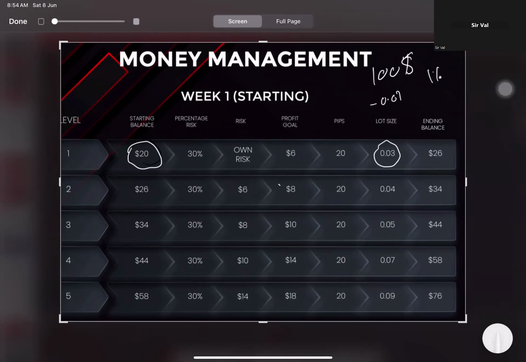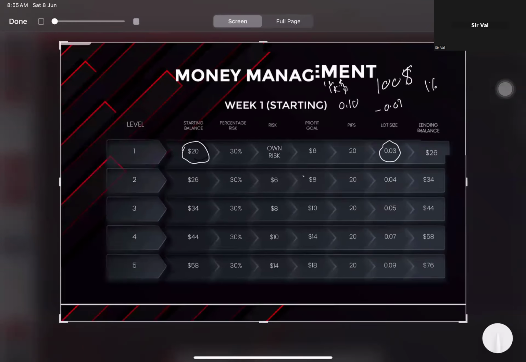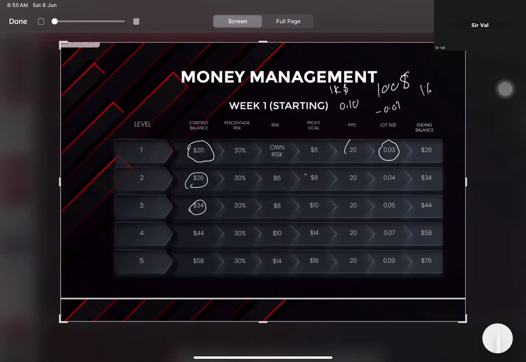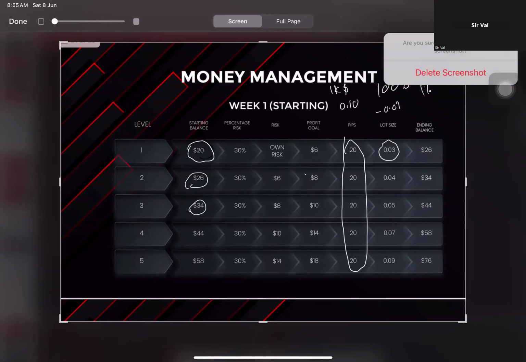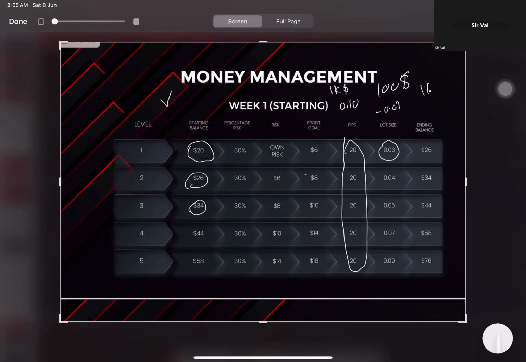1% risk every entry. So if you want to enter 0.10 lot, for example, at 10 cents per pip, you need to have 1K USD. That's for low risk, but this is for high risk. But it's only 20 pips, very easy for 20 pips, right? Maybe just entering one setup, I get all the targets.